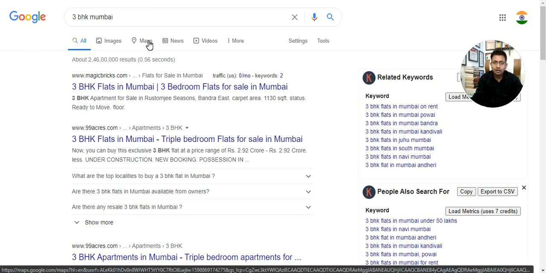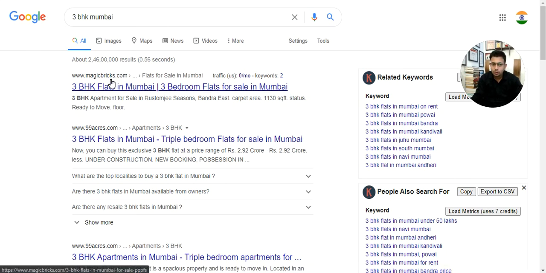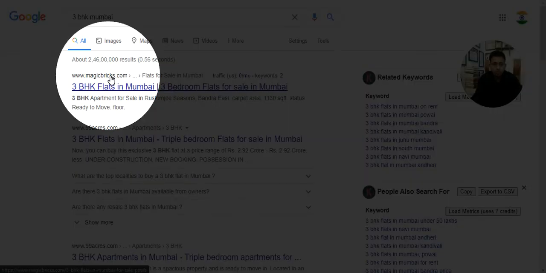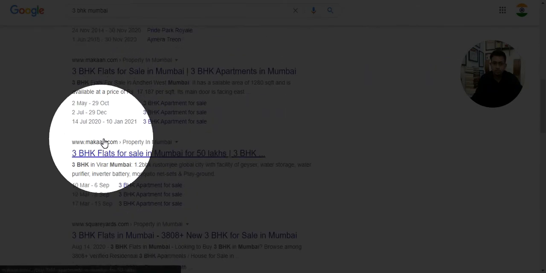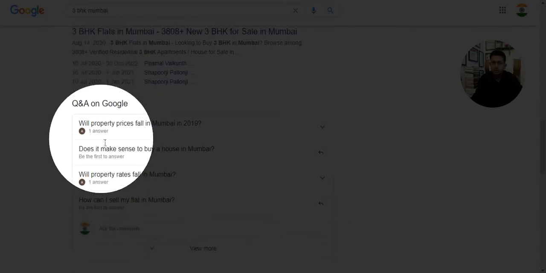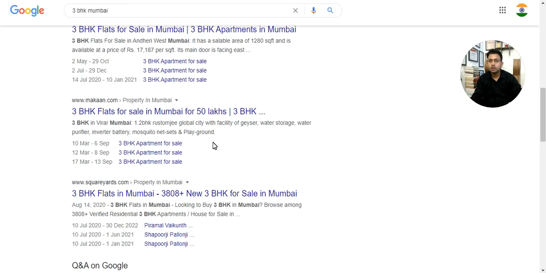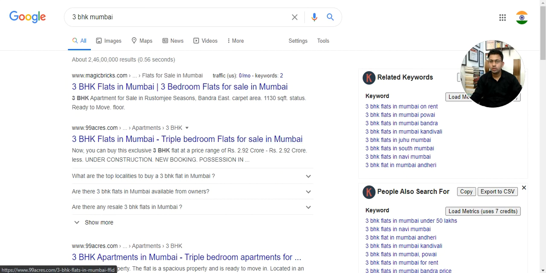What they are getting first: magicbricks.com, 99acres.com, housing.com, makaan.com, Square Yards, because no one has built a Google My Business account. Otherwise you will get results here only. It's my extension. That's why if someone is searching, I can immediately get the top phrases or keywords people search. It's a free plugin. You can download keywords.